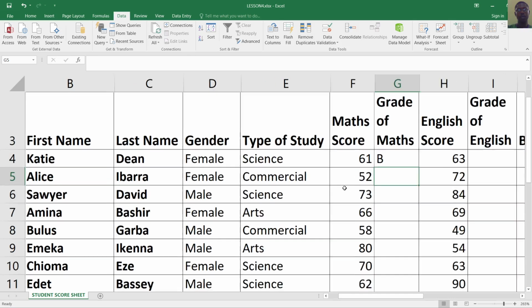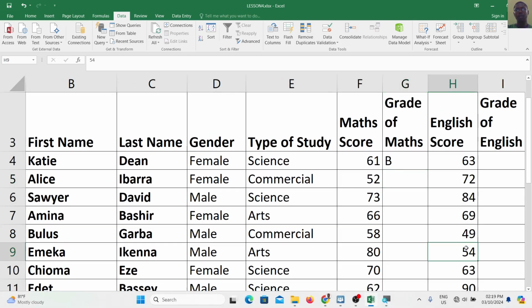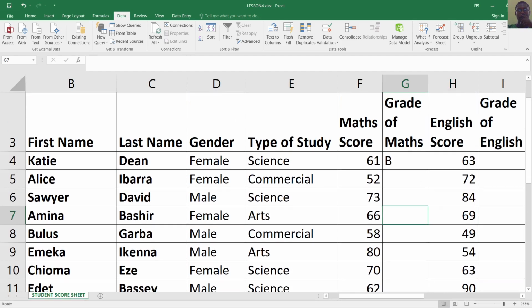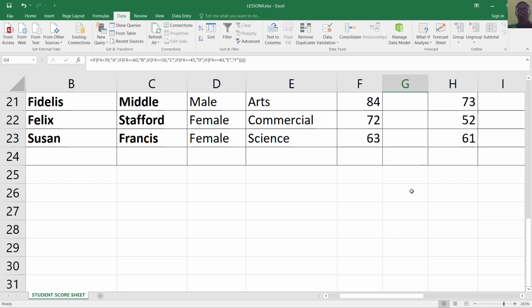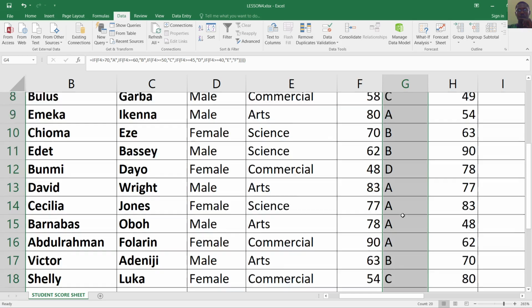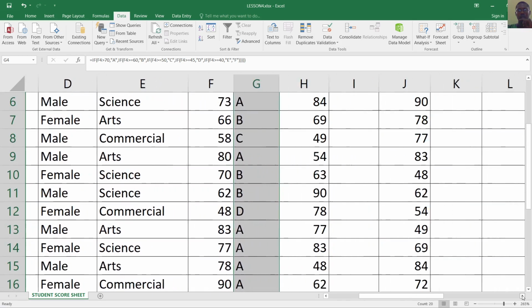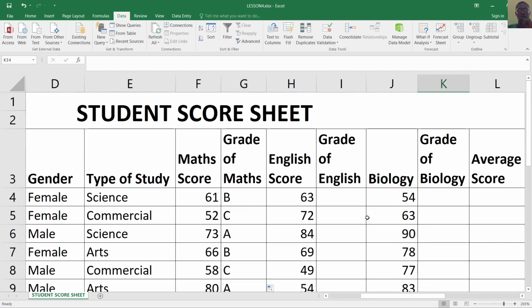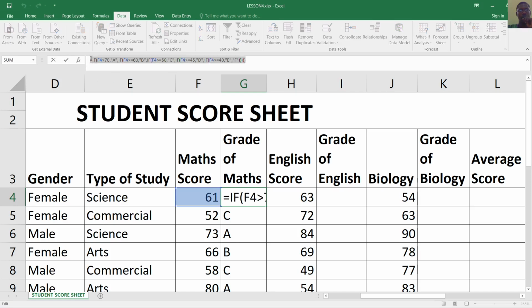So we have that as a B. Okay, now, what happened here is, instead of me starting to compute for this, what I just need to do is come here, then we will update. Okay, so this gives us the other grades. Now, how do we get the grade for English? Now you discover that English is going to be what? H4, right? H4. So what we just simply do is we click here and we select this formula, Control C,